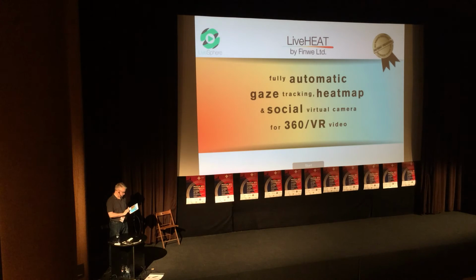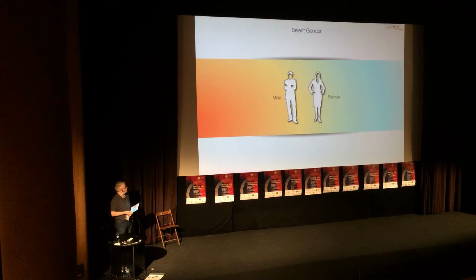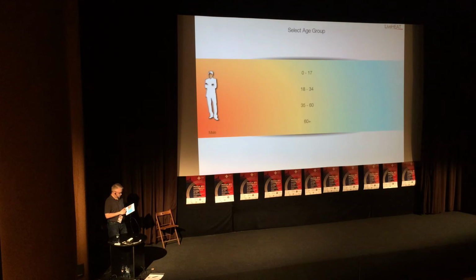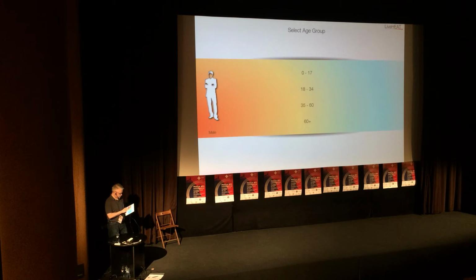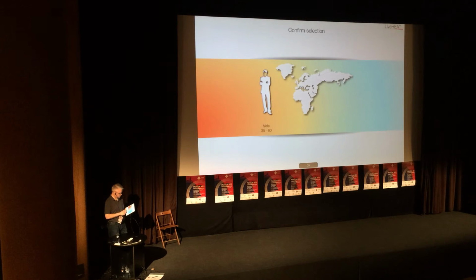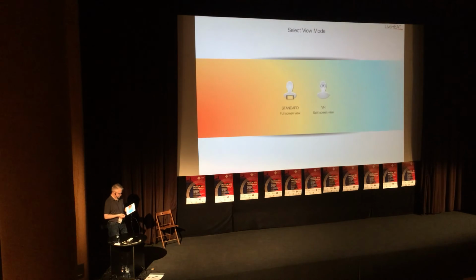So let's get started. Initially, we can make some selections, and actually these selections can be done automatically based on the user profile you have on the device. So we can automatically, on the software side, fetch this information. But in this case, we can do it manually so that I can illustrate what kind of basic information we can have there on the background. So we can select the male, certain age, certain region, and then get it started.